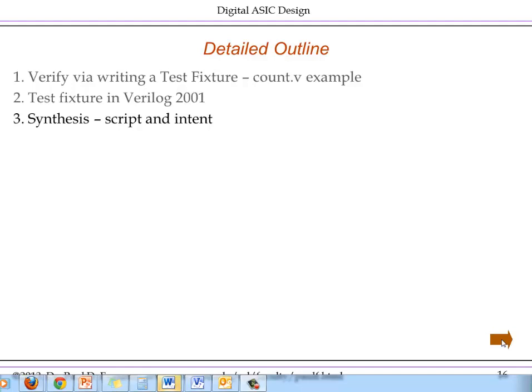Hello and welcome to the next submodule in this unit. We're going to start looking at the synthesis script. And again, you'll be expected to manipulate the synthesis script and also understand why the major features are there and what